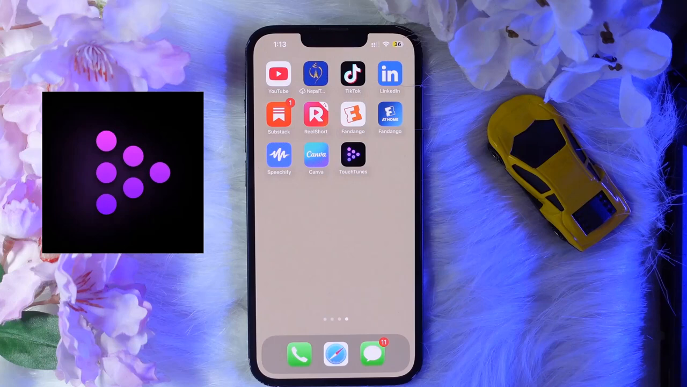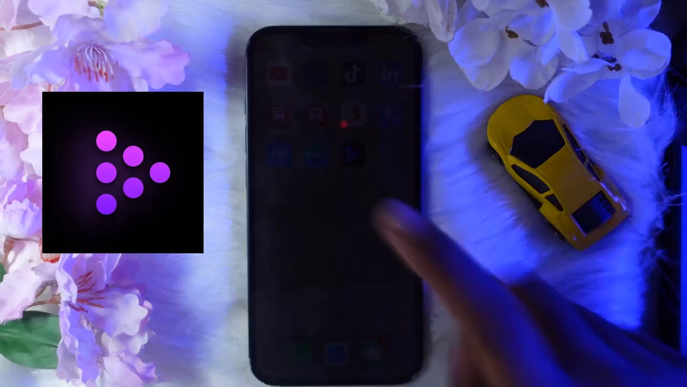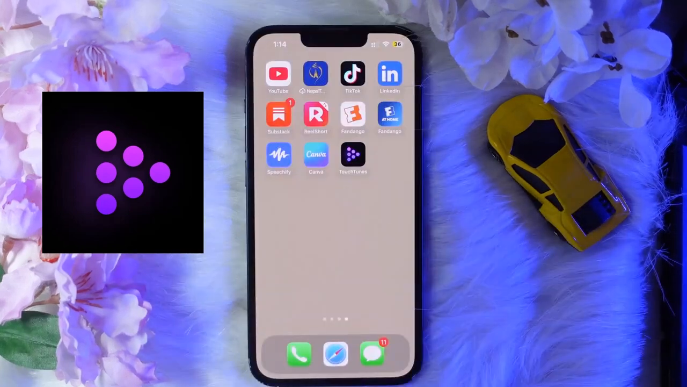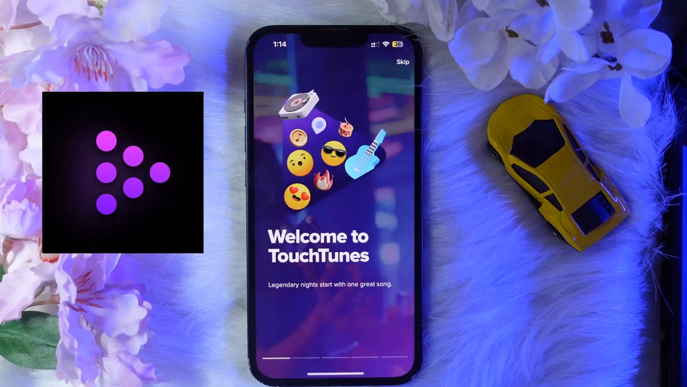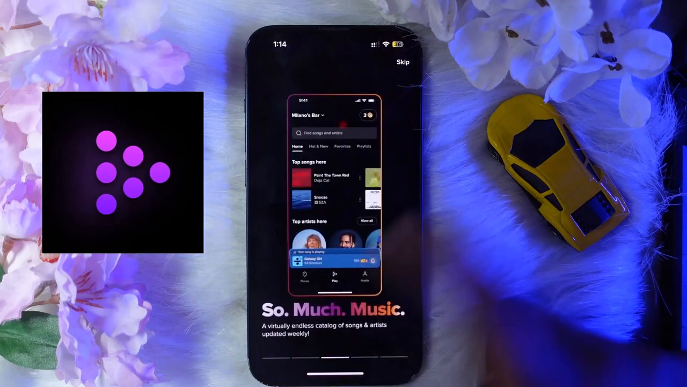So let's get started. Now if you want to create your account and start listening to music on the TouchTunes, you just need to make sure that you have already installed the TouchTunes app on your device. So after that you just need to open the TouchTunes app, and here you will see the various options,